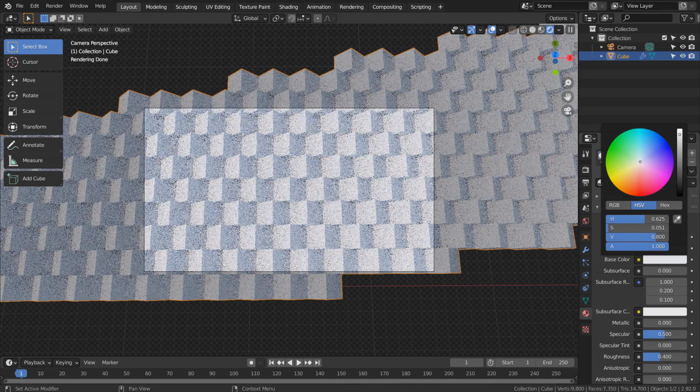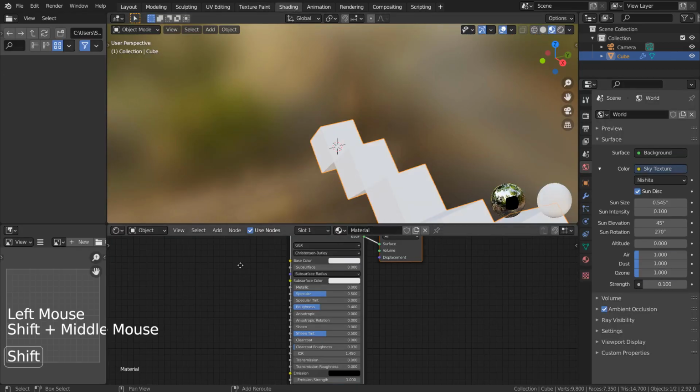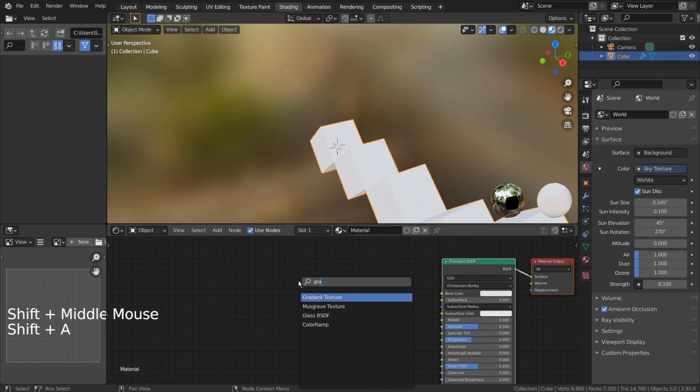Let's go to the Shading tab. I'll share the fully zoomed node shortly.